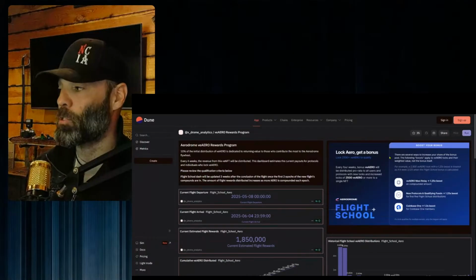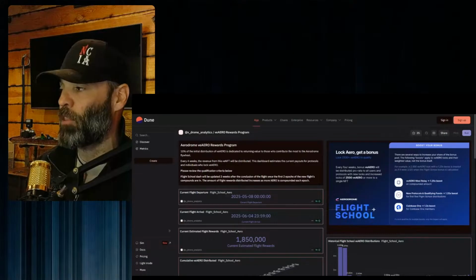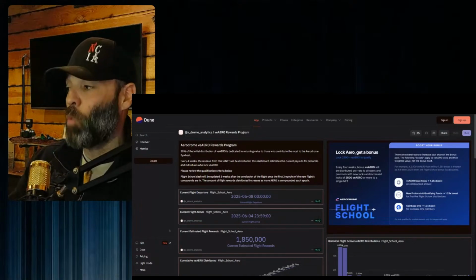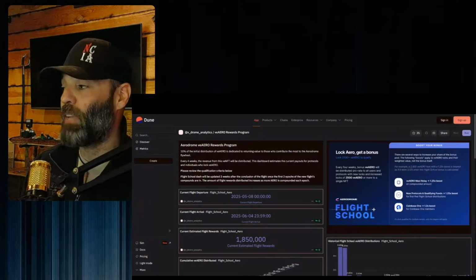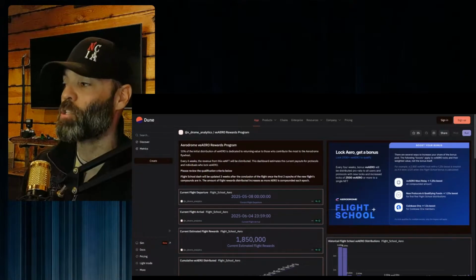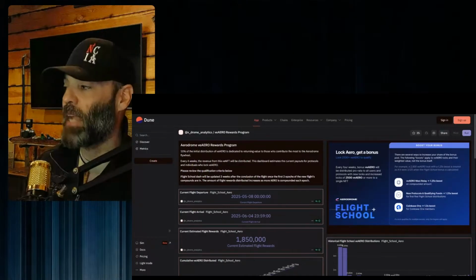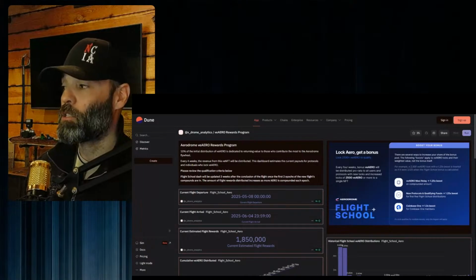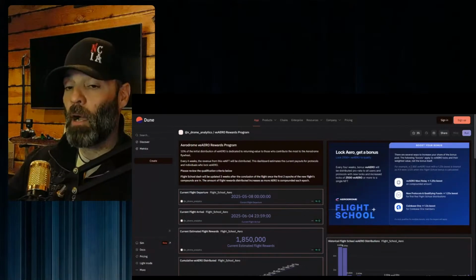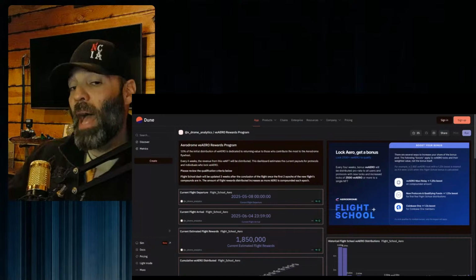The following boosts apply to veAERO locks and their weighted value, not the bonus itself. So it treats your lock, in this case 2,500. For example, a 2,500 veAERO lock with a 1.25x boost is treated as if it were 3,125 when the flight school bonus is calculated. So I hope that makes sense. Basically you're getting 1.25,